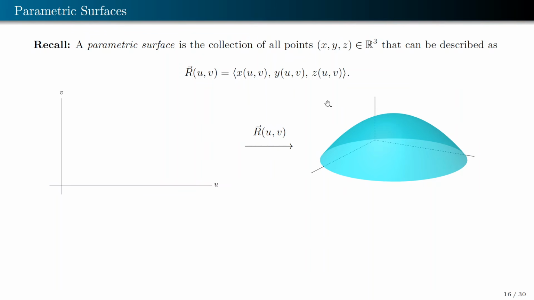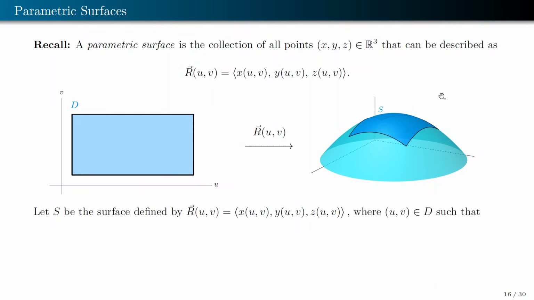Okay, so ang gagawin natin, kukunin natin yung surface area nito. Well, hindi yung buong thing kasi possibly infinite to. So instead, we have this following scenario na portion lang ng surface ang kukunin natin. So we let S be the portion of this whole surface defined by R of UV, where UV is just over a region D in the UV plane. So imbis na buong UV plane, we just consider a region D in the UV plane with the following assumptions